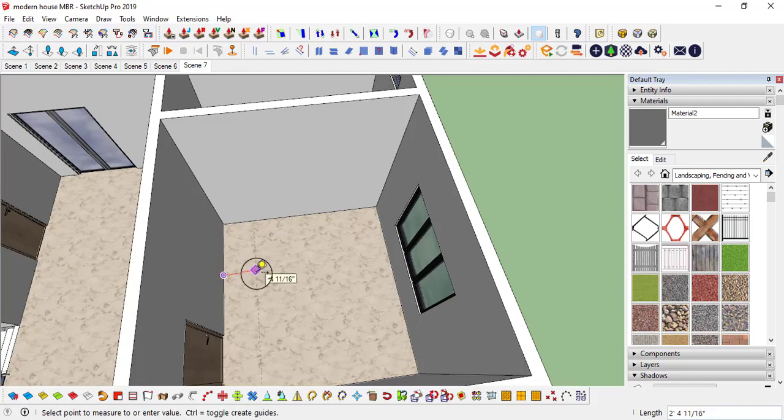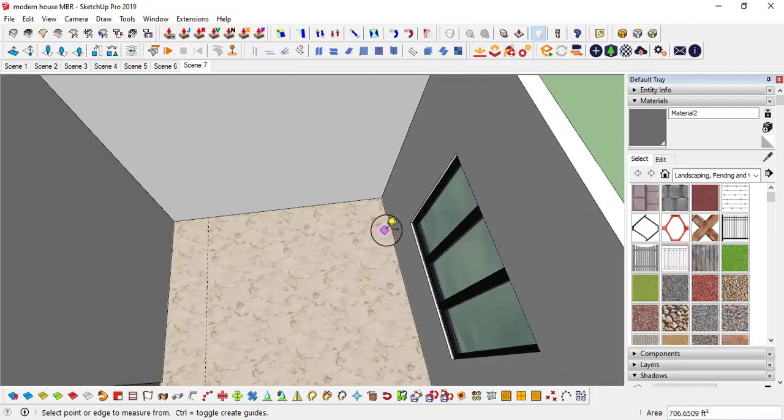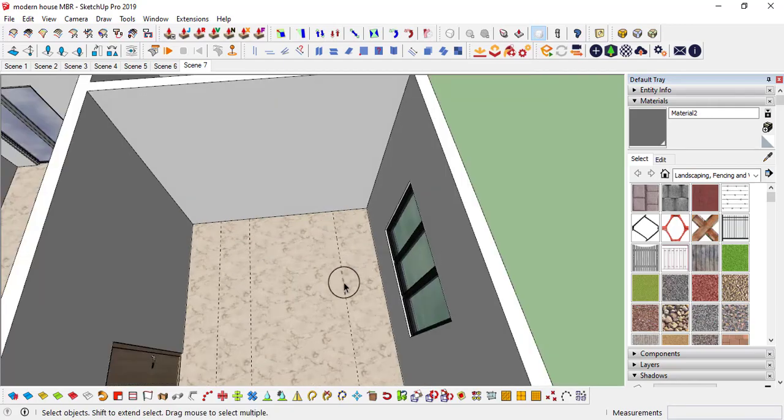I am going to leave 2 feet for the wardrobe. In this direction, we need 2.5 feet for the workspace and 6 feet for the bed. So we are left with 2 feet. 2.5 feet workspace in this direction and 2 feet workspace in this direction at the wardrobe. So here you can use either 2.5 feet or 2 feet. That's up to you, depending on your requirement.